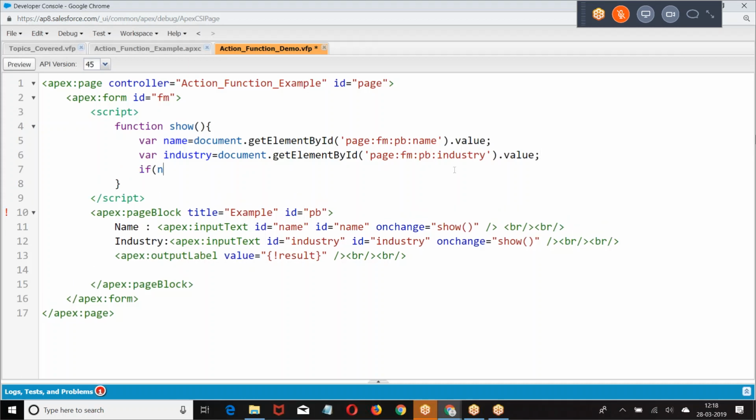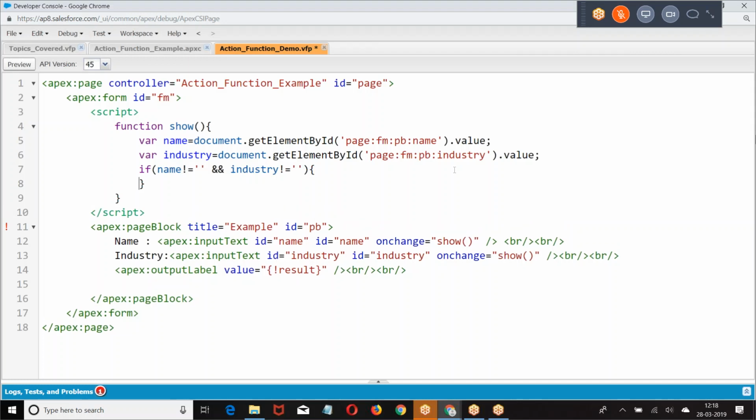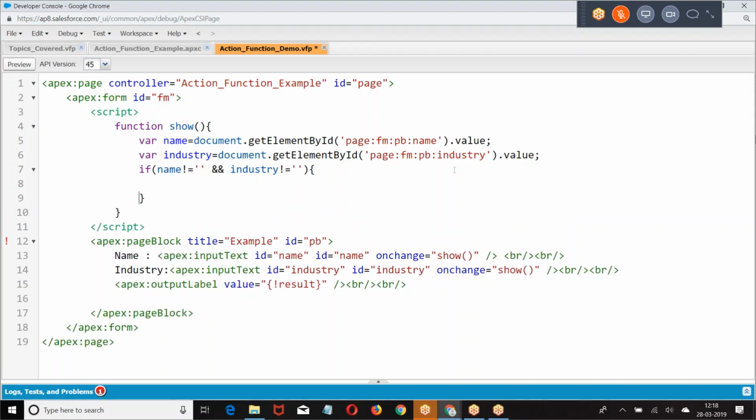Now what I'm doing? If name is not equal to blank and industry is not blank. When the value of the name is not blank and industry is not blank, then only call the action function.